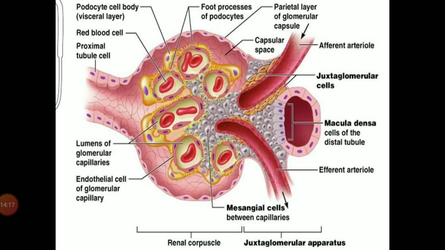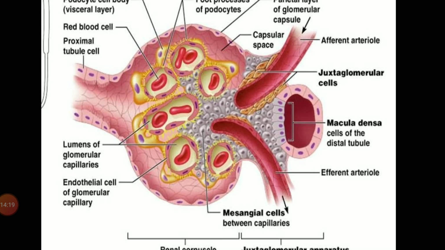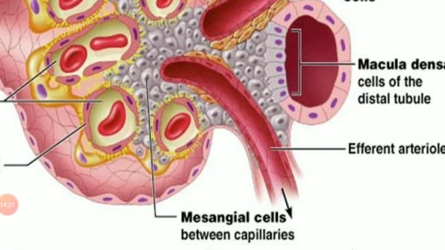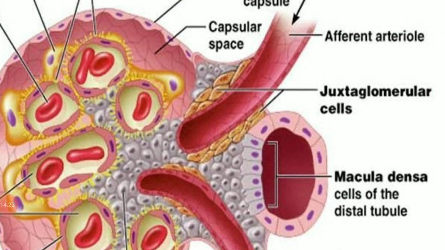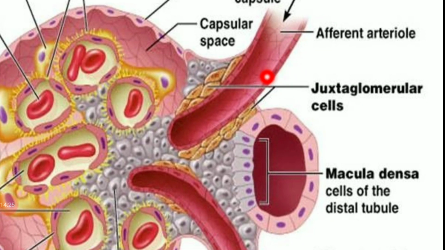So let us see this thing over here. Again, you can see this is the afferent arteriole, through which the blood is going into the capillaries, and from the capillaries the filtration would occur. And this is the modified smooth muscle in the afferent arteriole, which we call the juxtaglomerular cell. And in this region only